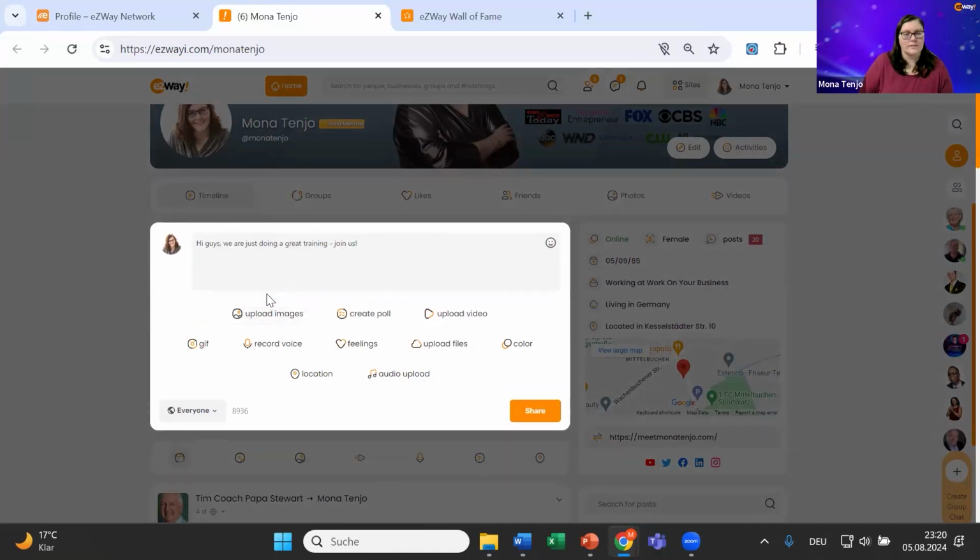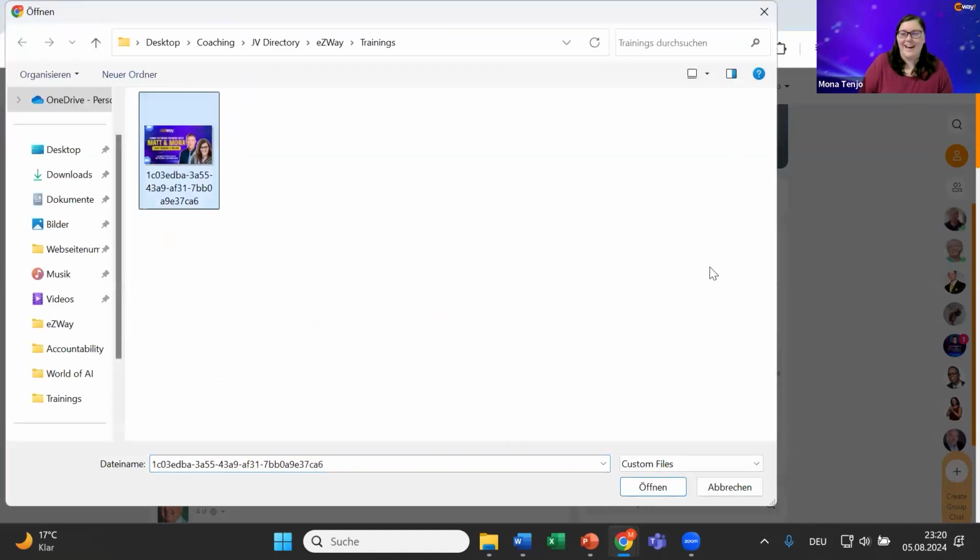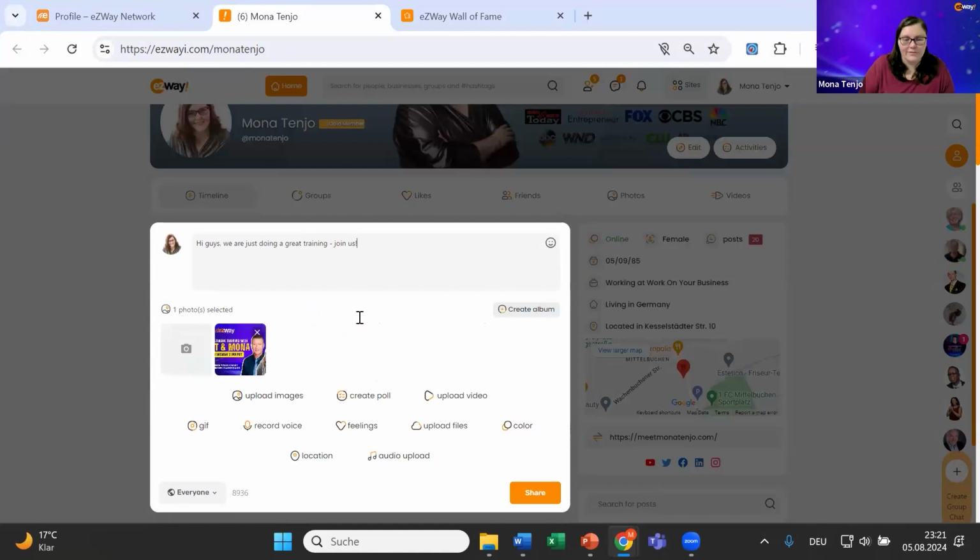I think the last one I have here is actually exactly our image from today. That fits. You can also create other things. So you have here, you can upload images, you can create a poll. Again, this is a social network, so you can ask for opinions, right? If you have a new lead magnet coming out, you can ask, hey, what do you like most, or what resonates with you, right?